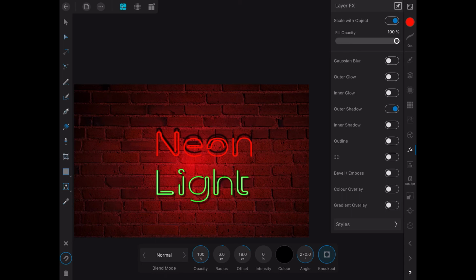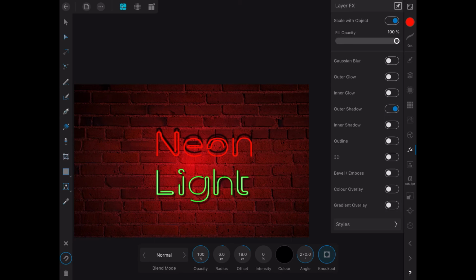I've started with the outer shadow, and you can see down the bottom, if you touch the outer shadow words, it brings up the context toolbar. Blend mode's normal, opacity 100%, radius 6 pixels, offset 19 pixels, intensity 0, the color is black and the angle's 270 degrees, and that puts the shadow, if you like,